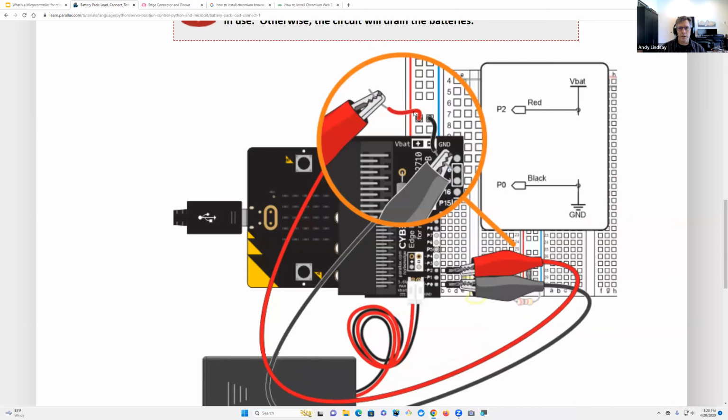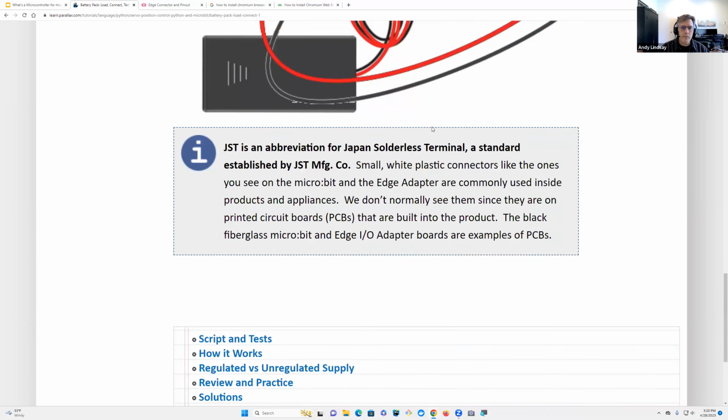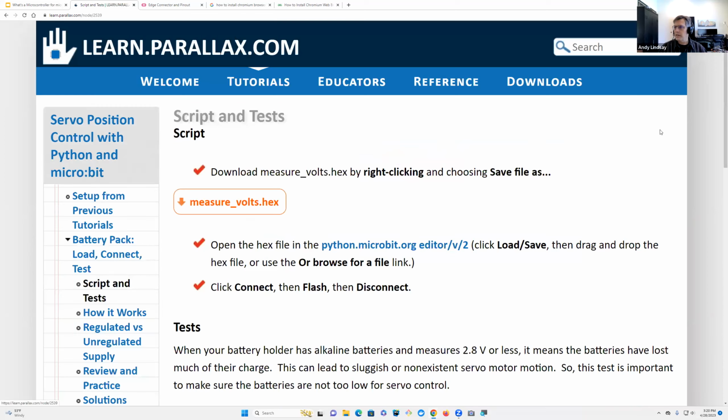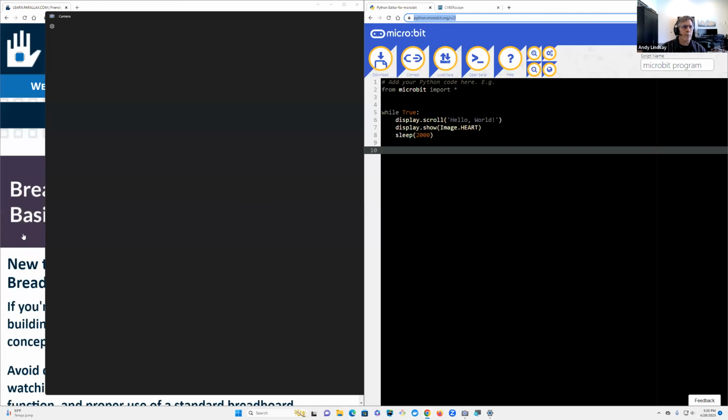And then you want to use the red wire to probe the socket by the red line, and the black wire to probe the socket by the blue line. And so what we're going to do next, and I pasted it in already, is test our battery voltage. And so a recap of doing that